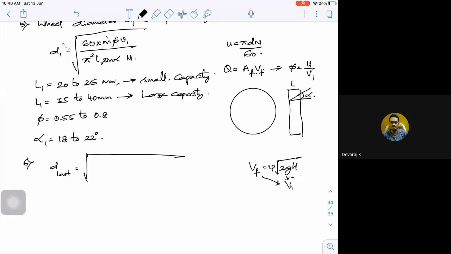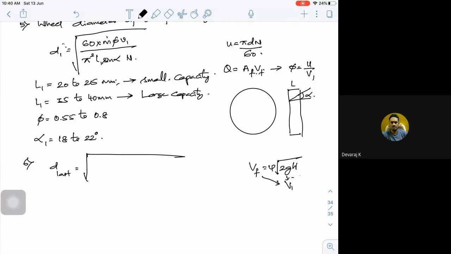That's one thing. And we have one more thing, which is zeta, the enthalpy drop. Actually, that is directly related to the loss, which may be 2% or 3% of your enthalpy change. So psi will be a very big number. For a large capacity, it will be around 3, and for small capacity, this will be around 4 or 4.5. Depending upon that condition, we have a ready-made formula.